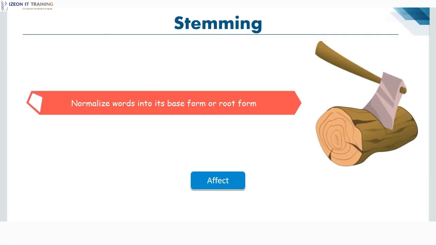The stemming algorithm works by cutting off the end or the beginning of the word, taking into account a list of common prefixes and suffixes that can be found in an inflected word. Now, this indiscriminate cutting can be successful on some occasions, but not always. And this is why we affirm that this approach presents some limitations. So let's go ahead and see how we can perform stemming on a given data set.